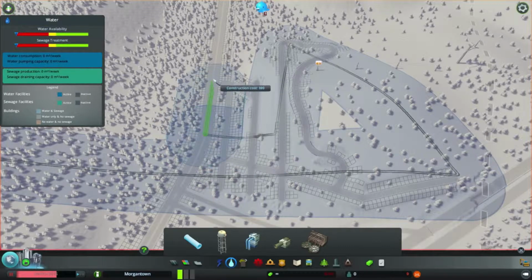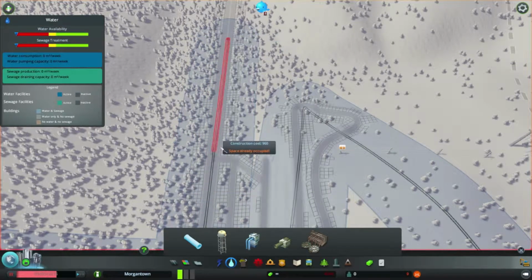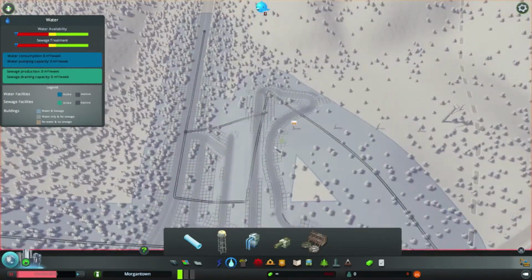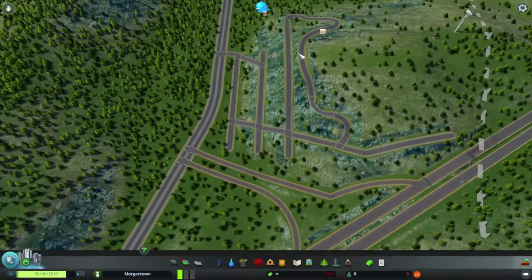And then we'll build this waterway along the road. Everybody gets the utilities that they so desperately need. Okay, so we should have water and power, and now we unpause the game. And then all of a sudden...